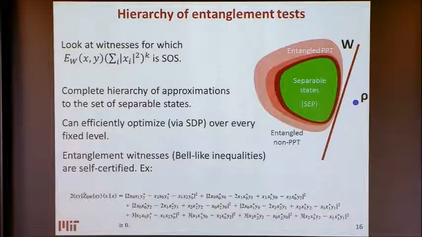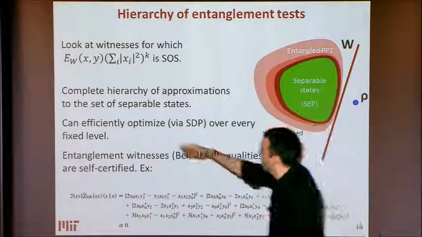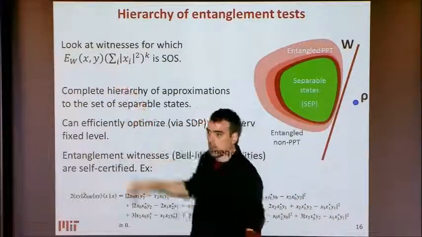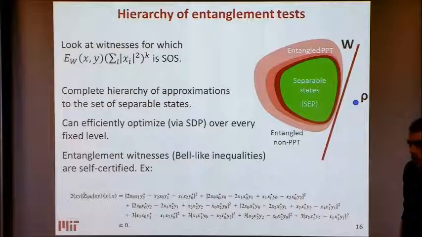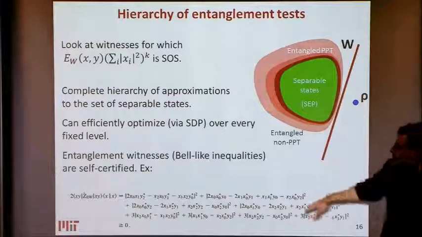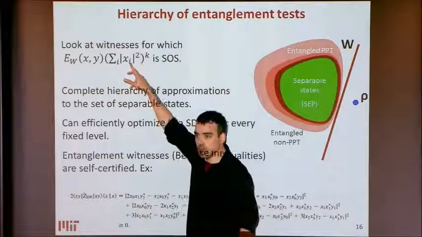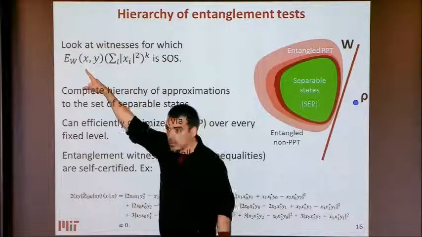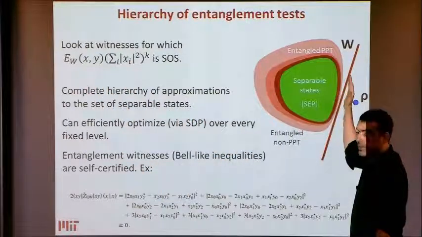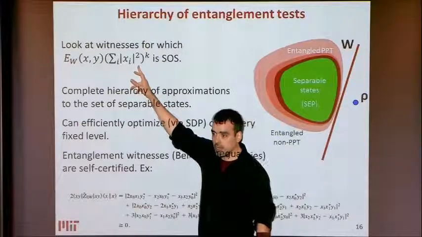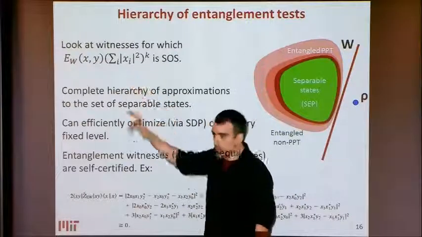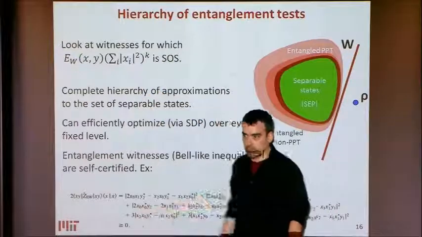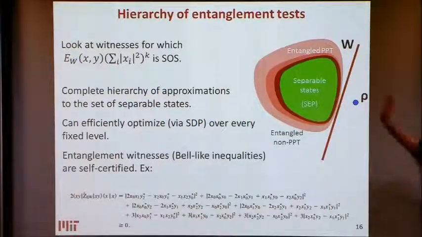So here you made the choice of multiplying by this. Are there cases where there would be a better choice? Certainly, if the witness is fixed, I can search for a multiplier. That's also a semi-definite problem, so the SDP will search for the multiplier. If I fix my witness, then I can search for the best multiplier. In general, you just use this. In the stuff that we did, we just fixed the multiplier to this.